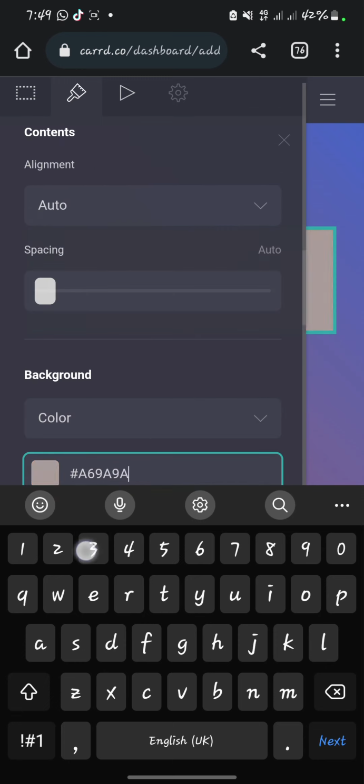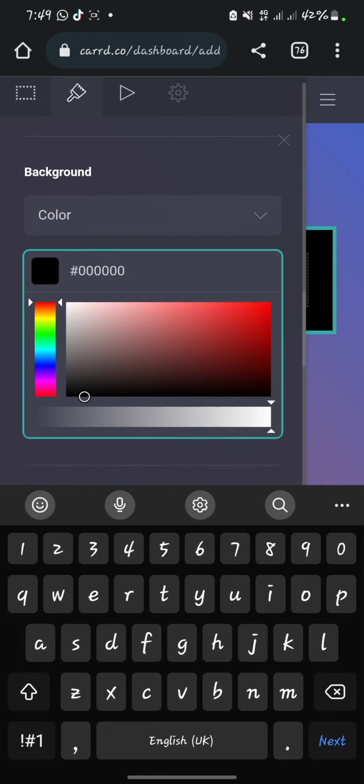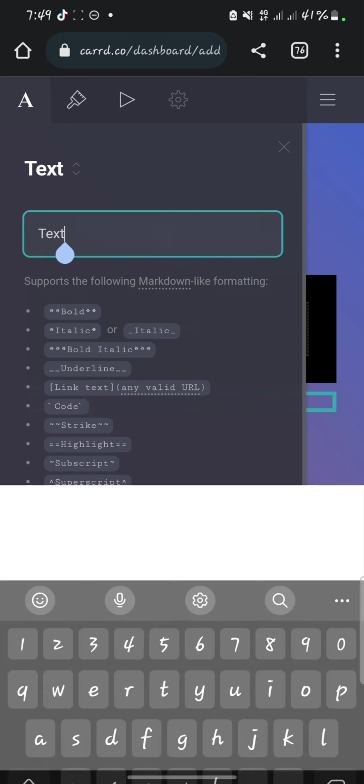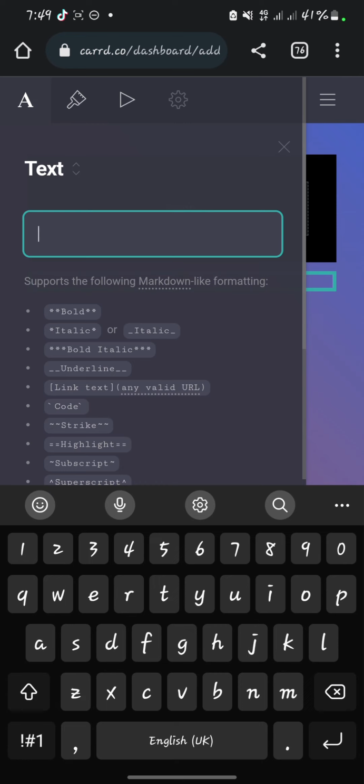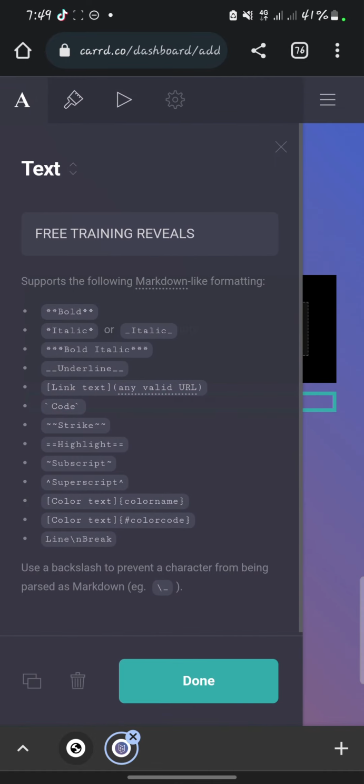You just adjust the slider, that's all. So let's include our text now. You come here to add text, so type your text: free training results. Now your text is outside of the box and it's also in black, so let's change the